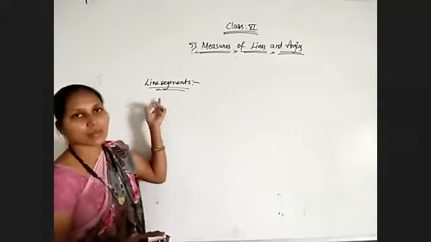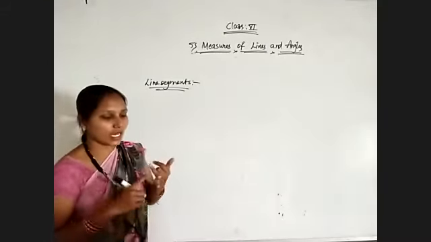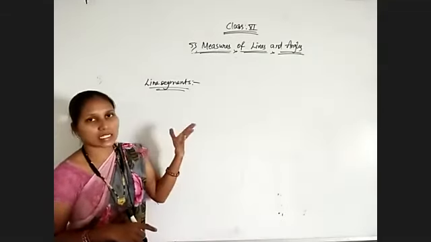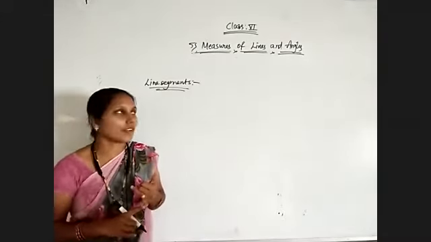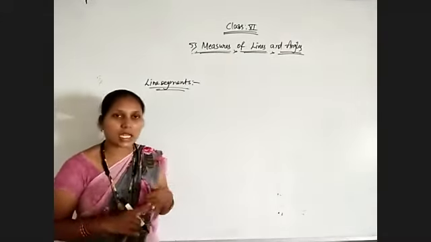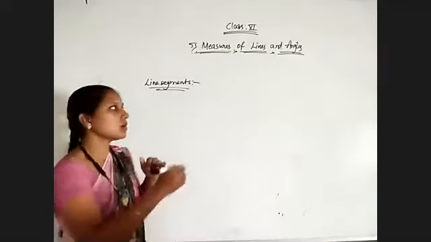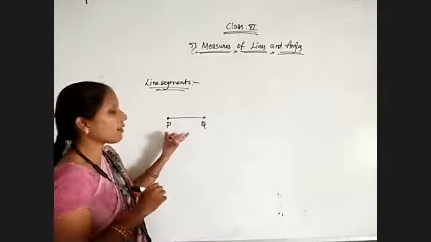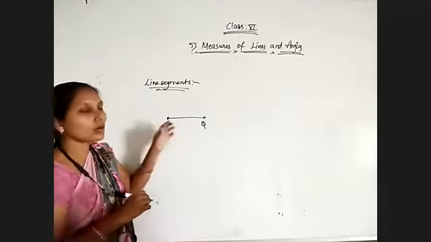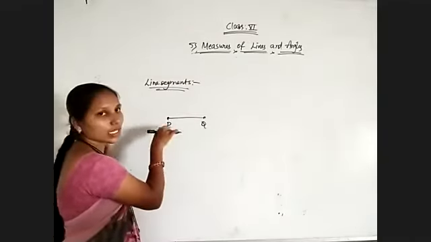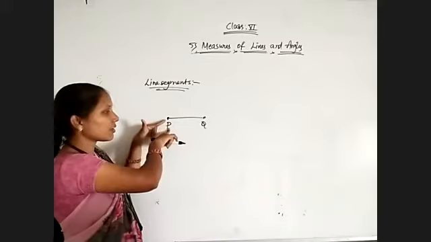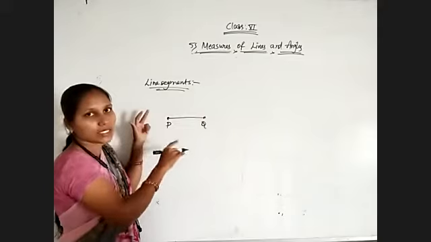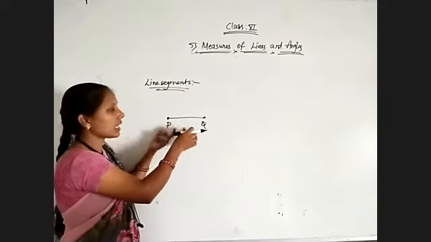All those are examples of line segments, and wherever we are able to measure the length, that comes under line segment only, I told you. We construct line segments using a scale or ruler, and we use the same instruments to measure them also. If a line segment is given like this and we don't know its length, we have to use the scale to measure the length of PQ. First of all, wherever 0 centimeters is shown on the scale, we have to keep it at the first vertex. And where is the other vertex lying on the scale? Observe. That tells us the length of PQ.